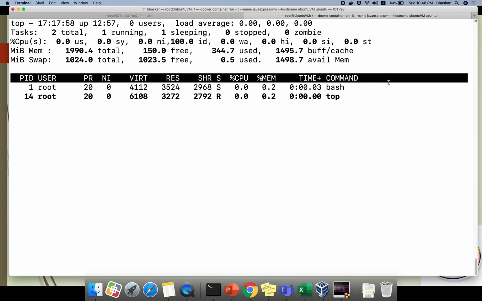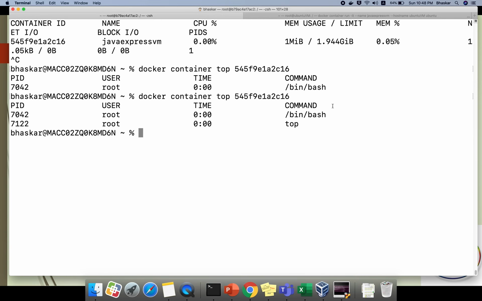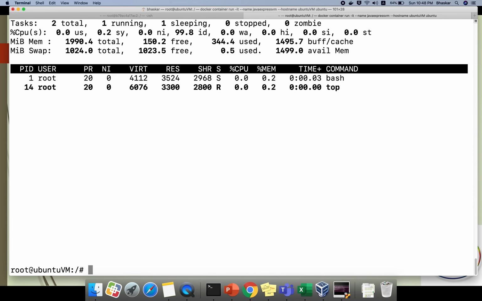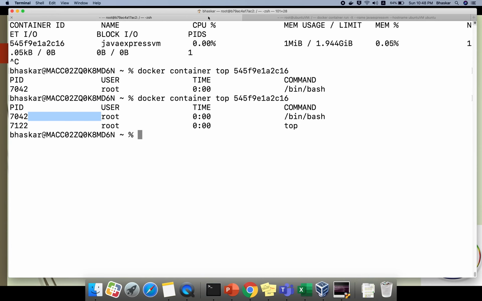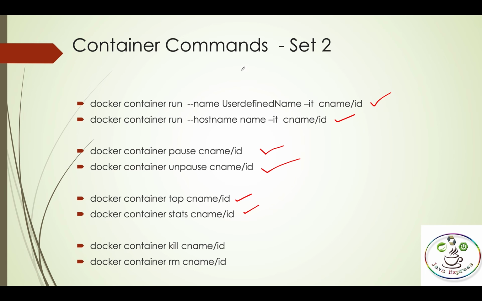Inside my VM I'm running one more command, top. If you see here, again I'm running my top command. See, this particular process is created in the backend. Here if I exit, again if you go and check, only bin bash is running. That means only the shell you are able to execute. So these are some container related commands, and you know the remove and the kill. You can just give kill and kill whatever process you want, forcefully.